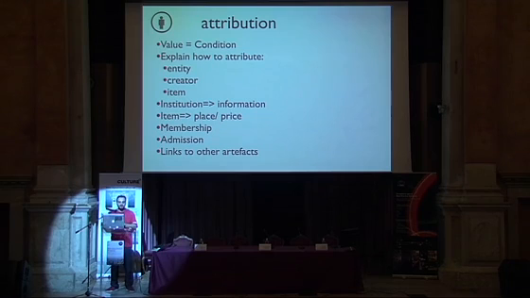Because in the attribution, if you read the Creative Commons licenses 4.0, they ask you to tell three things: who is the entity that makes the content available, who is the creator of the content, and what's the item. So if you attribute correctly, and again we go back to the metadata issue, so if you have correct metadata about the attribution,